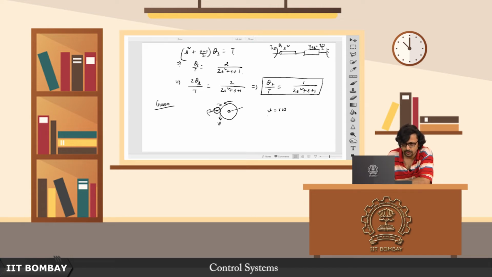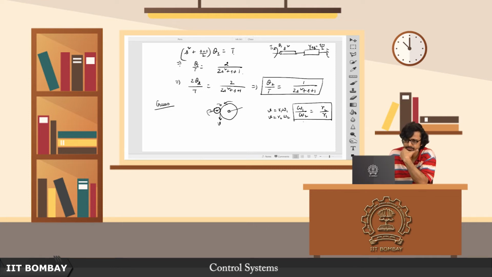So if v is the same for both of these gears, you have v equal to r1 omega 1 for the smaller gear, let us say, and v equal to r2 omega 2 for the larger gear, right. Then you see immediately that for the same v at this point, which is basically the translational speed of these two gears, the one with the smaller radius will have to rotate faster. So omega 1 by omega 2 is equal to r2 by r1,